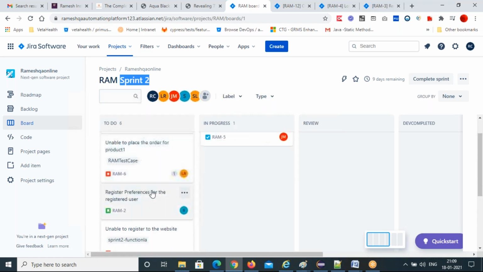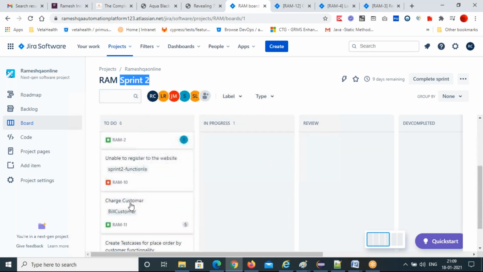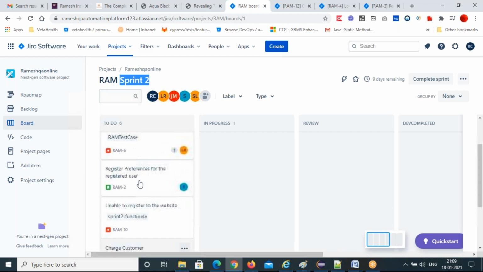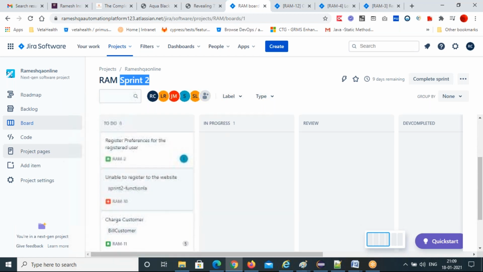Create test cases for place order. Place order functionality you have here. Place order requirements. Place order is not there, so you go to backlog.